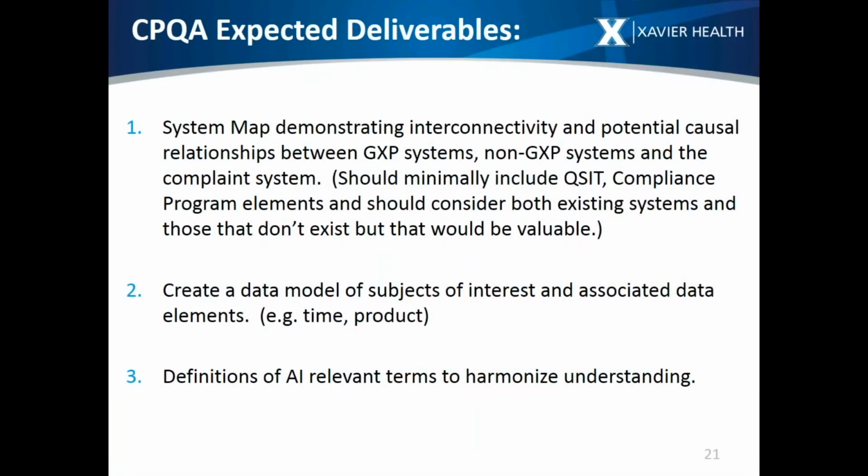Our team has 3 specific deliverables. The first one I'll call a system map. What we're trying to do with that system map is to demonstrate the connectivity and potential causal relationships between both internal systems, such as GXP systems and non-GXP systems, as well as systems that might be external to an organization, for example weather data, and to connect those elements to a complaint